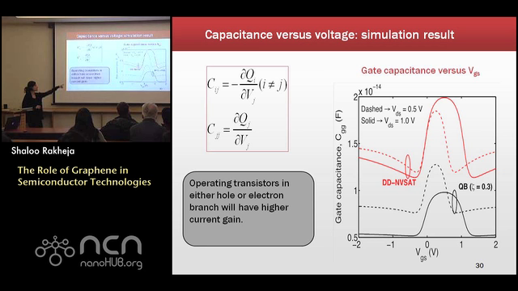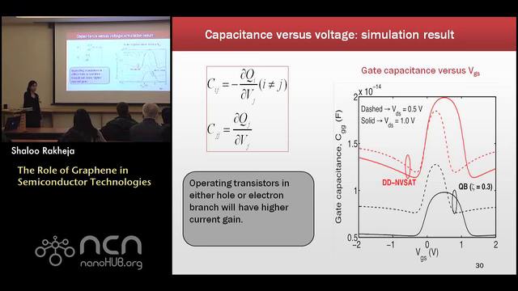And there's another interesting feature that emerges from this, which doesn't really happen in silicon. And that is the appearance of that hump. In silicon, you will never see capacitance doing something like that. And over here, you see something like this. And that's only because current is being carried by both electrons and holes in graphene. So if you actually biased your transistor somewhere over here or somewhere on the other side, you would get a higher current gain, right?